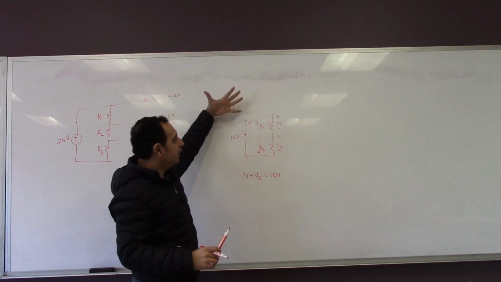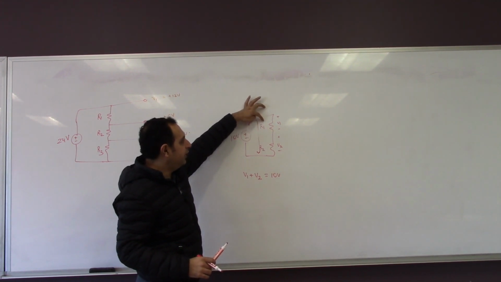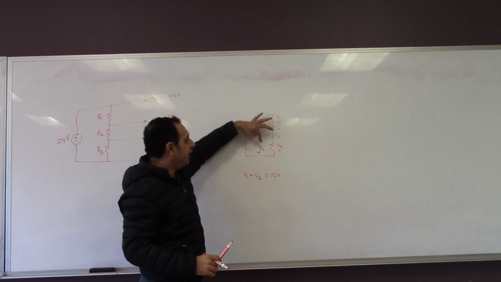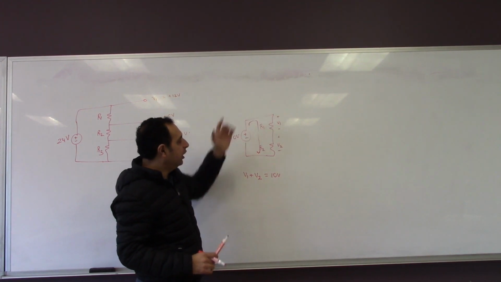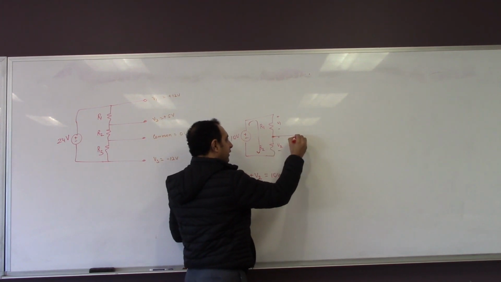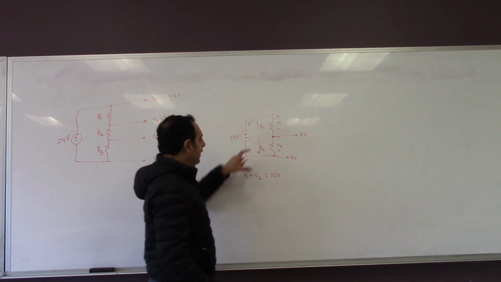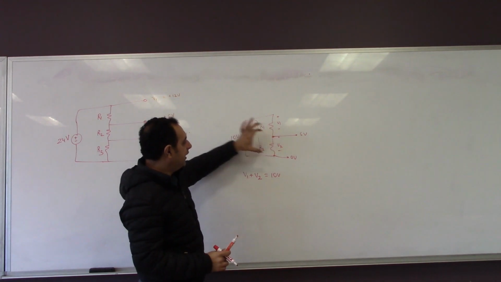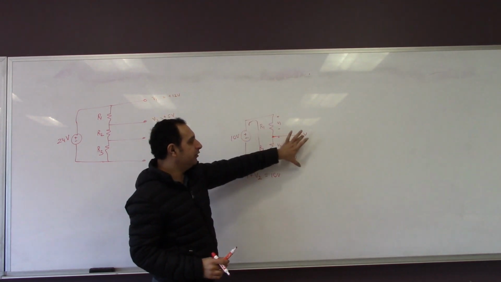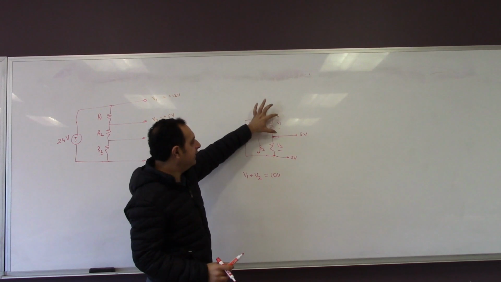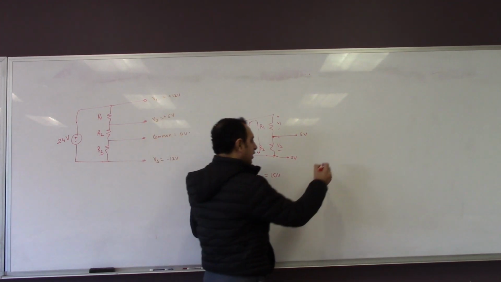So the voltage does not depend on the current because the current is the same. It depends upon the resistance. If I have 10 ohms here, then 1 times 10 will be 10 volts. If I have 5 ohms here, 1 times 5 will be 5 volts. So it's in proportion to the resistance. Let's say I want to see 5 volts here with respect to ground, my reference or common. 5 is half of 10, so these 2 resistances should be equal so that the voltage will get divided equally. Only then you will see 5 volts here, because this will be 5 and the other voltage will be 5. So if R1 is equal to R2,